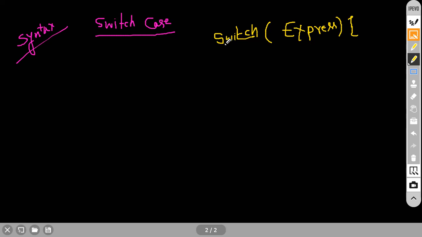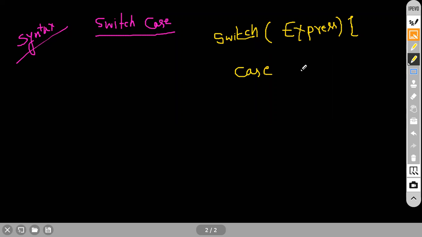For every switch case, yesterday I told you, switch is nothing but switching from one case to another case. If the case is one, that statement will be executed. If the case is number two, that statement will be executed, like that. Whatever case you provide here, that case will be executed. That is the intention of switch, nothing else. For that, I am going to write case.